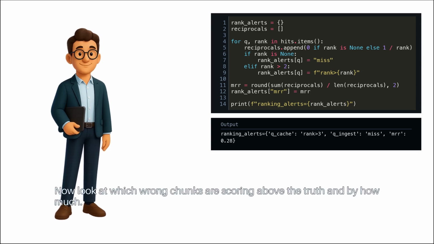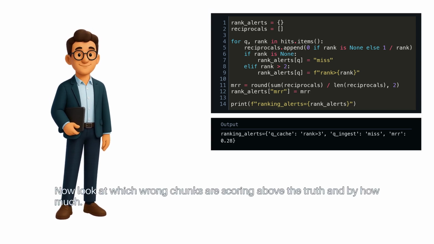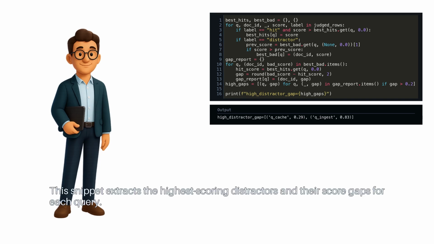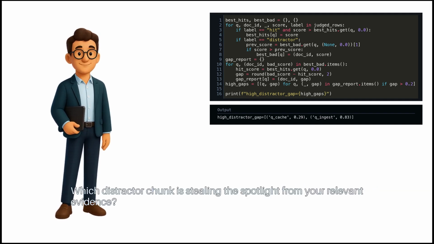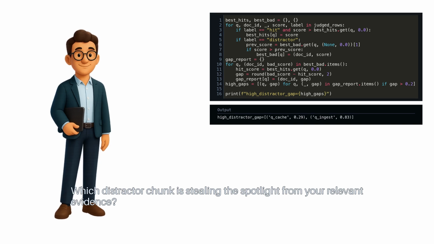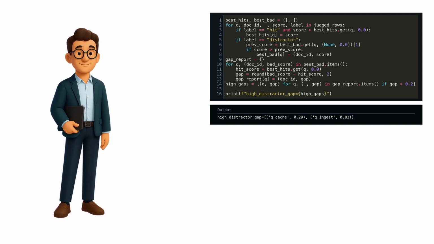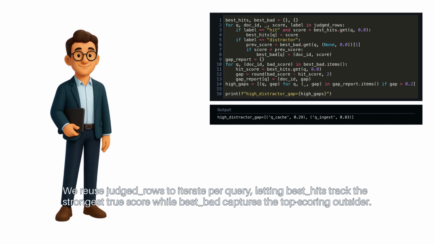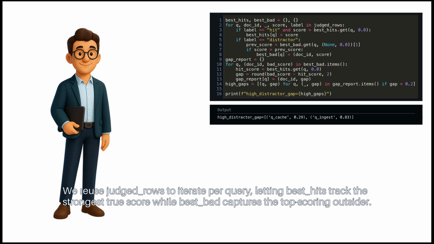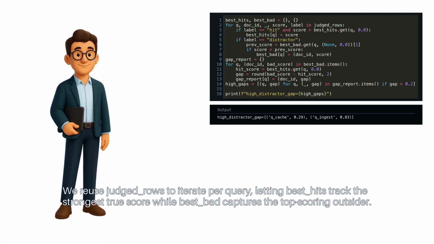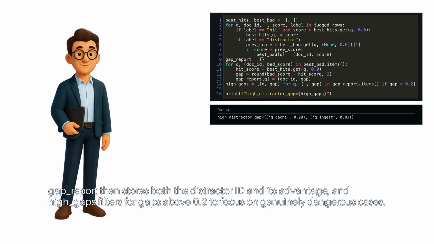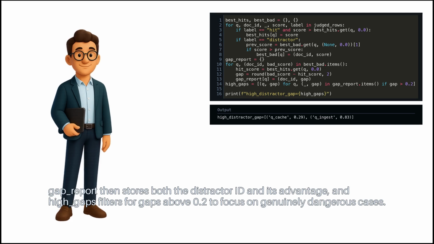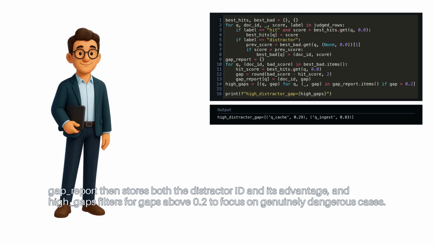Now look at which wrong chunks are scoring above the truth and by how much. This snippet extracts the highest scoring distractors and their score gaps for each query. Which distractor chunk is stealing the spotlight from your relevant evidence? We reuse judged rows to iterate per query, letting best hits track the strongest true score while best bad captures the top scoring outsider. Gap report then stores both the distractor ID and its advantage, and high gaps filters for